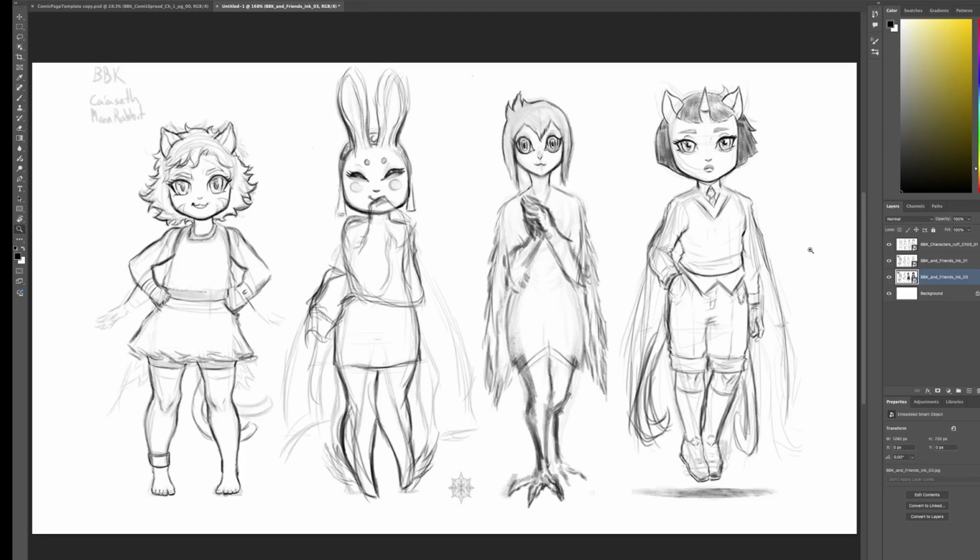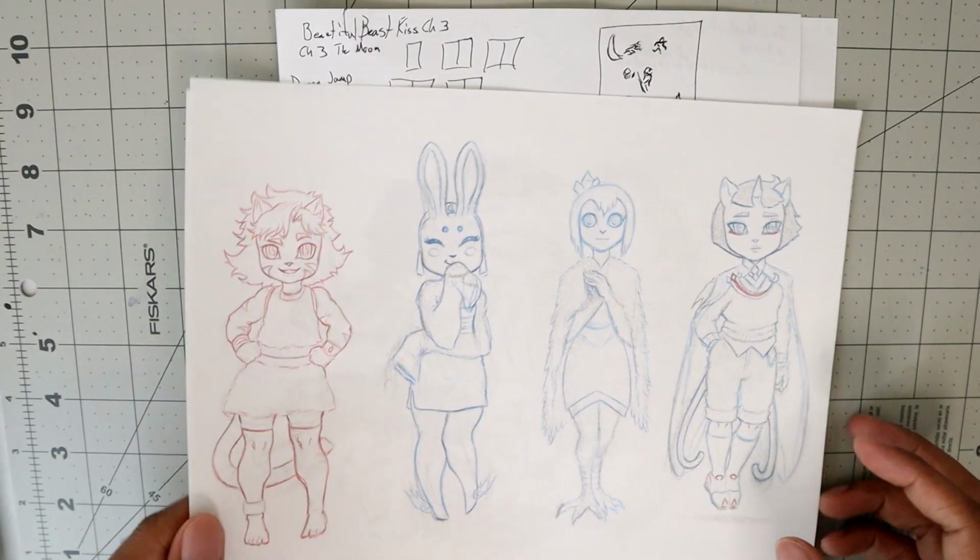But the characters that she can meet in this chapter, and I'm breaking it up into 12 and 12 for the 24 pages. The first 12 pages are these characters. We have the Moon Rabbit Bunny, we have Birdie, and we have DC, the Demon Cat. DC for short. And she meets these characters in the first 12. And then there will be a transition or a scene change.